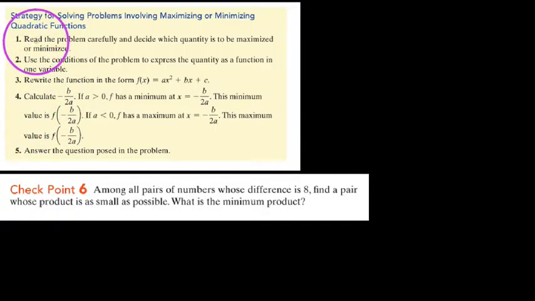And number one, this is my favorite step that it even needs to be listed here, but it says read the problem carefully and decide which quantity is to be maximized or minimized. But I suppose that's probably an important part of the problem. What do you want to make as big or as small as possible? And then number two says use the conditions of the problem to express the quantity as a function in one variable. So we've done application problems before, and we're going to review how we rewrite things in